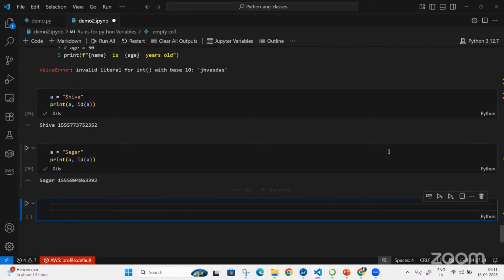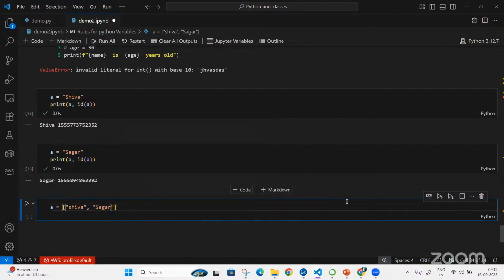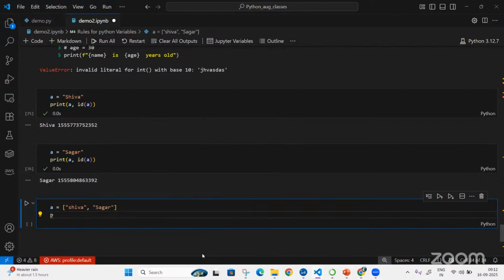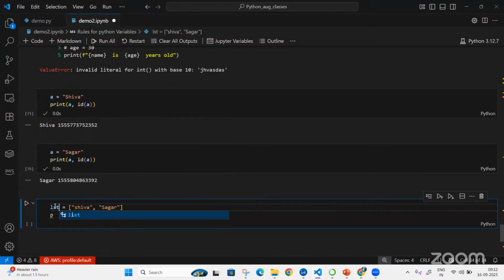Okay, fine. Now I'll say, this is something called a list. I'll come back to list again when we go and see lists. Anything you put inside two types of brackets is called a list. I am going and printing this. If you want to print anything, let me call it LST so that you guys don't get confused.